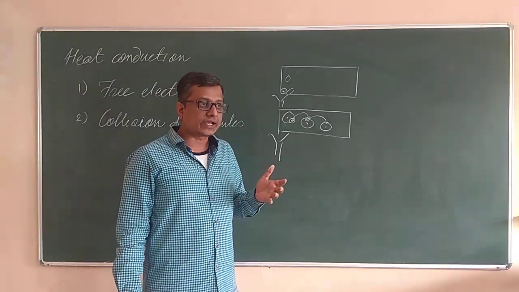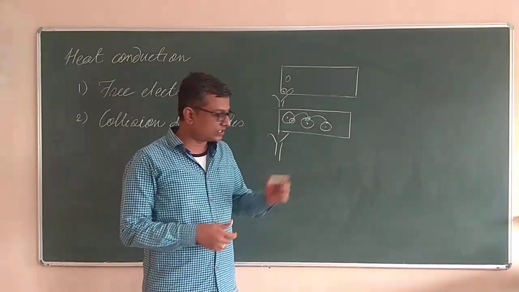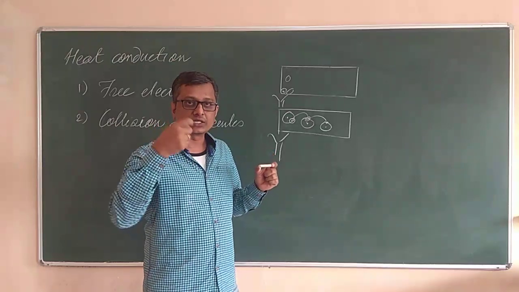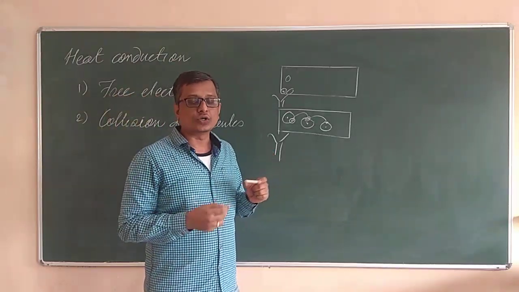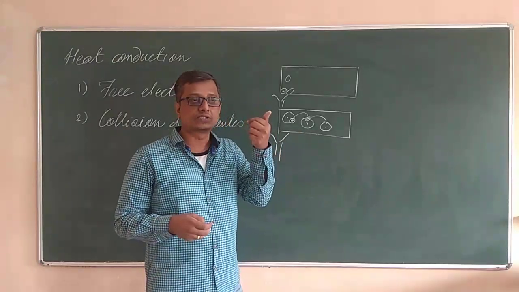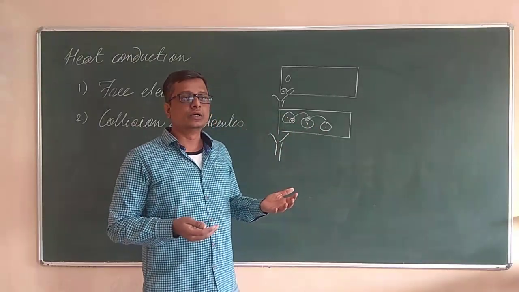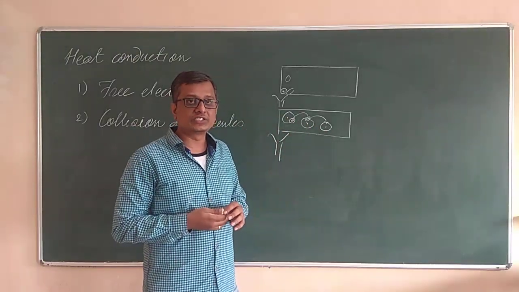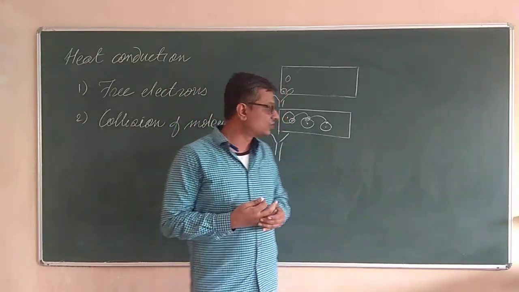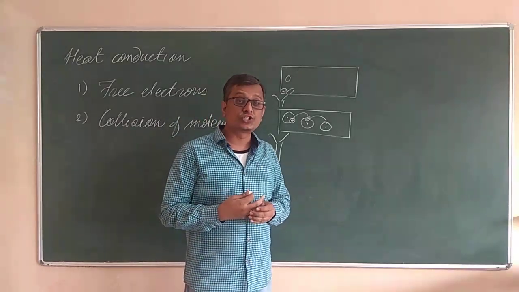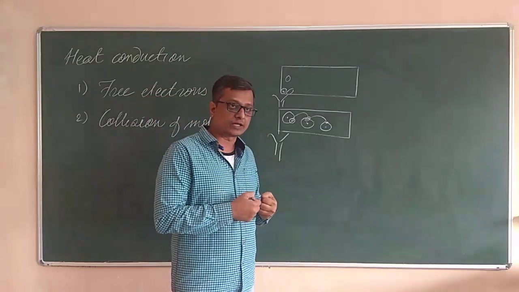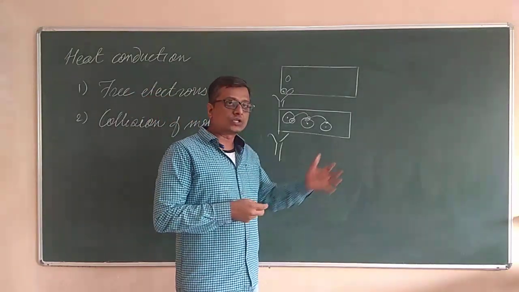So molecules at any temperature apart from 0 kelvin, for example, even this chalk, the molecules of chalk right now are vibrating about their mean position with a certain amplitude and frequency. That too maybe along the x-axis, y-axis, z-axis, and they might be spinning about their own axis. So they have about 6 degrees of freedom. The maximum possible degree of freedom is 6, but depending upon the number of atoms in the molecule, the degree of freedom of the molecule varies, and it is Maxwell's distribution which decides in what way the absorbed energy will get stored in the molecule. That's not part of our syllabus.